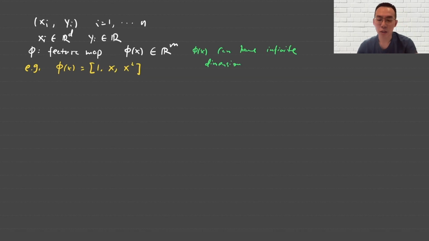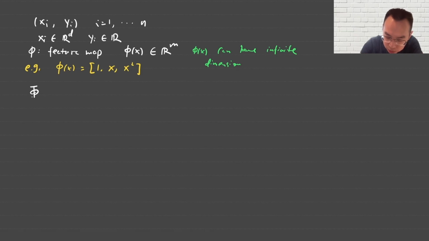But here, let's just consider the finite case to make our life a lot easier for this video, and then we are going to translate everything from finite to infinite. That is one of the biggest conceptual jumps, I would say, for this kernel ridge regression. But now let's just look at phi to be finite, m-dimensional,